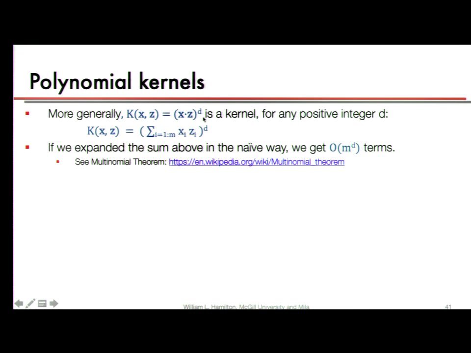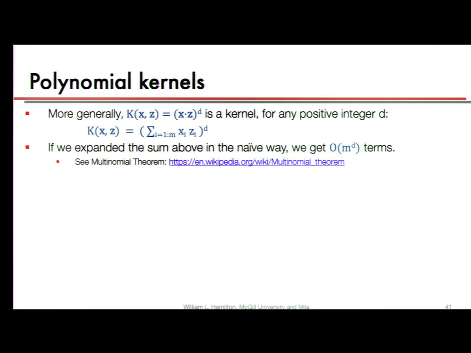And we can do this with more than just quadratic. We can do this with general polynomial kernels. So taking the dot product and raising to the power of d is going to give us something that's basically equivalent to taking the d-dimensional polynomial expansion of all of our input features and then taking dot products in that higher dimensional space. And by virtue of the multinomial theorem, if we were to actually explicitly compute the, say, the